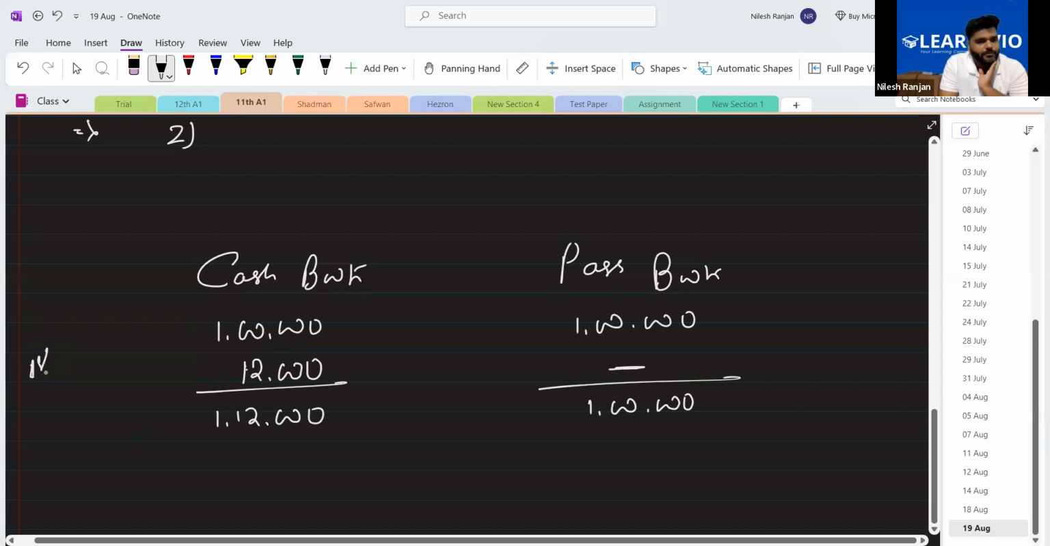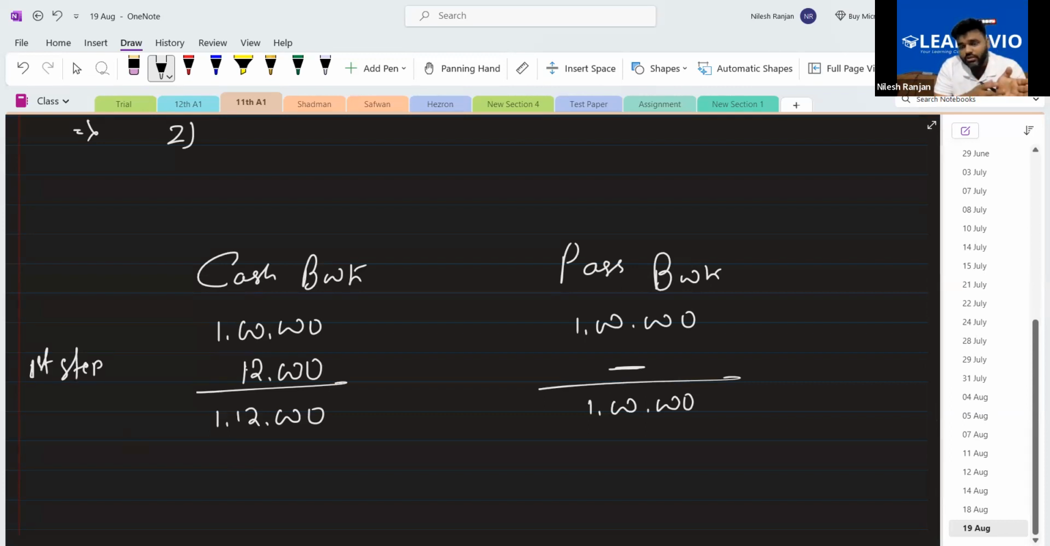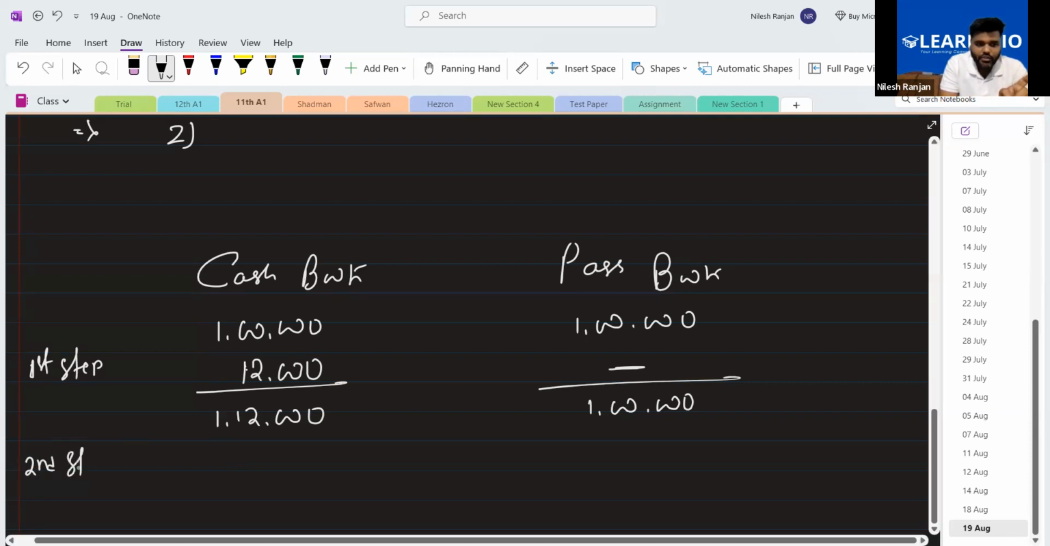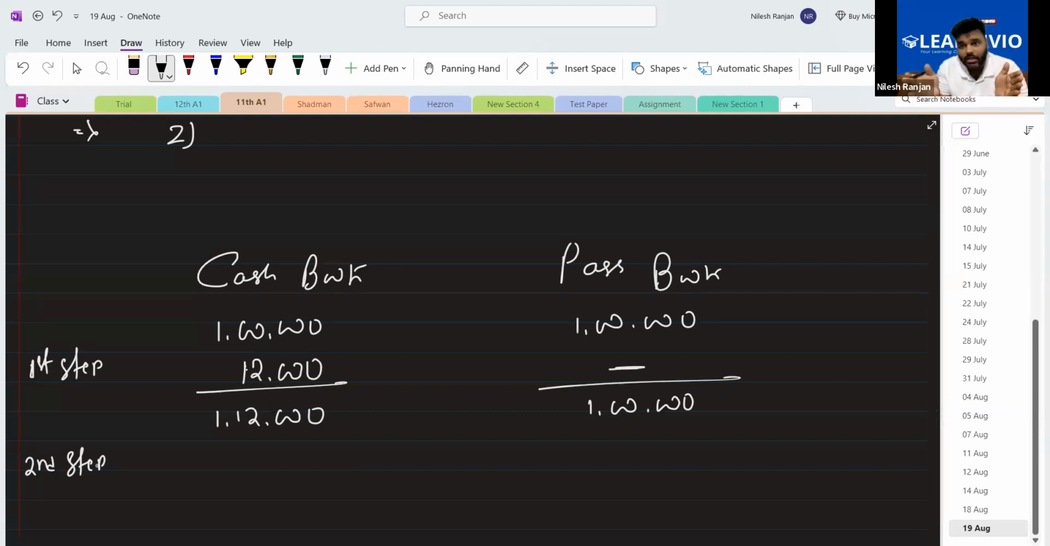So this is your first step, to see the impact. It means which book is impacted by this transaction. So there is an impact on the cash book. It is increased by 12,000. So this is the first step. Now the second step is you have to adjust the balance so that both the cash book and passbook will